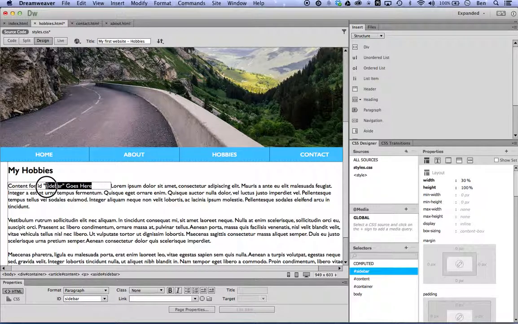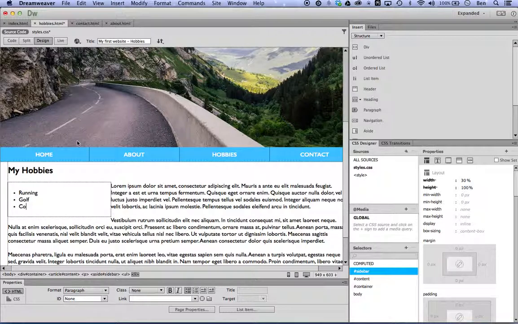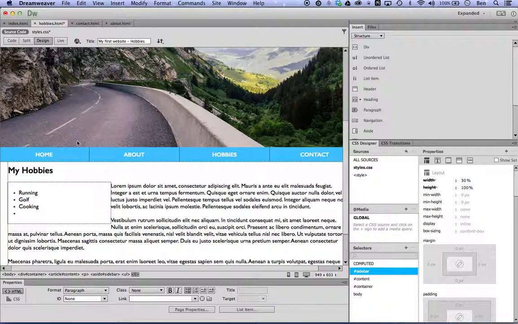So I'm just going to list out a few of my favorite hobbies. So running. And I know this needs to be an unordered list because that's how I want to set it up. So after I type running, I'm going to go over in the insert area and click unordered list. You can see it added that bullet point for us, and go ahead and hit return again. Golf, cooking, and watching